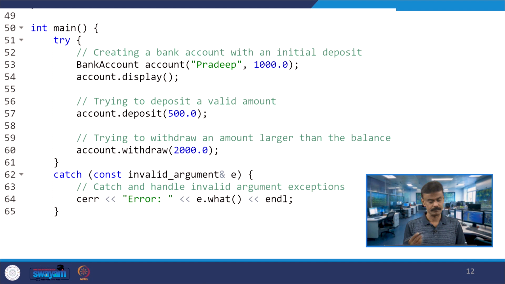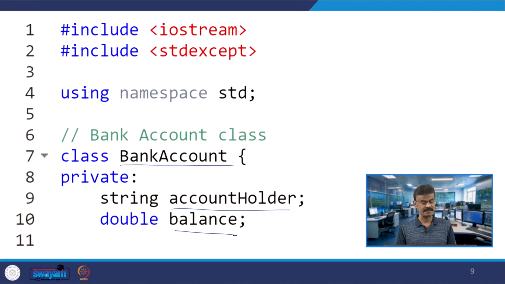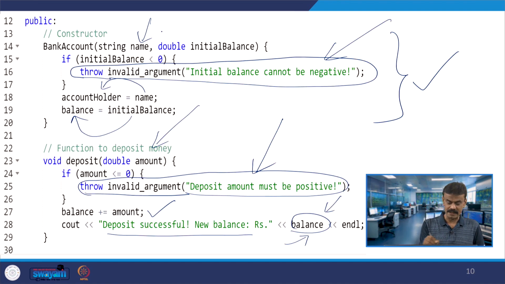In int main, you start with try. Bank account, you have an object account, passing Pradeep and 1000.0. That means it will call the constructor, passing name and initial balance: the name is Pradeep and the initial balance is 1000 rupees.